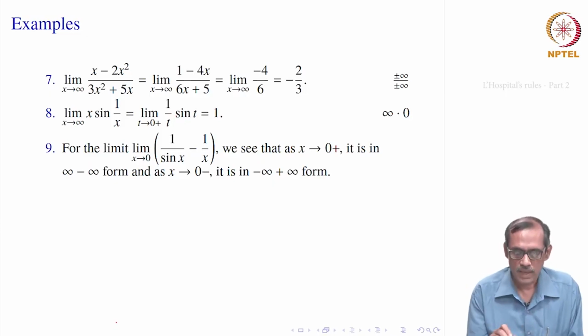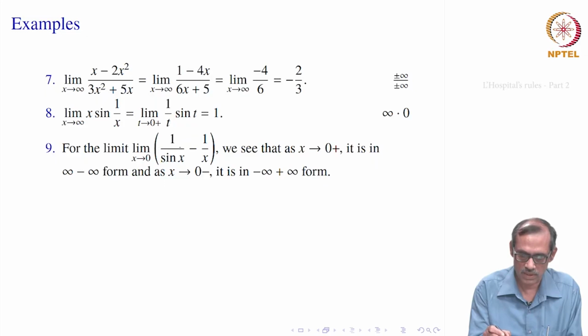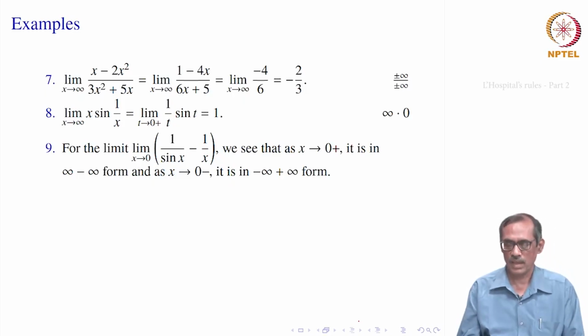So, now the next problem, we want to compute the limit of 1 divided by sin x minus 1 divided by x as x goes to 0, provided it exists. Okay. So, now when x goes to say 0 plus, it is positive. So, 1 by sin x becomes infinity, 1 by x also becomes infinity, it is in the form infinity minus infinity. So, that is also an indeterminate form, because this can become a finite number, or it can become infinity, or it can become minus infinity. That is why it is called an indeterminate form, depending on what way you approach these infinities.